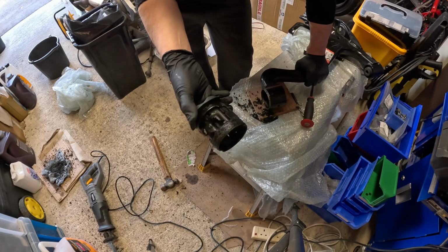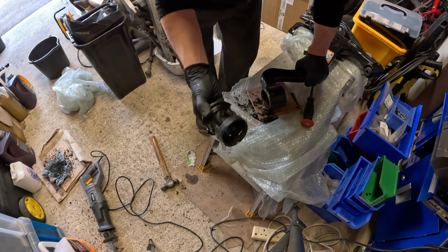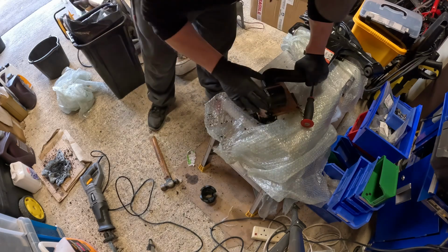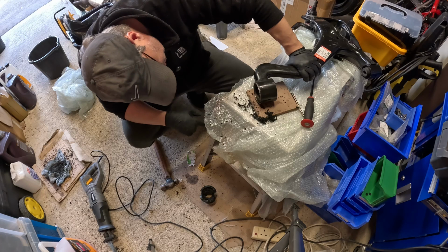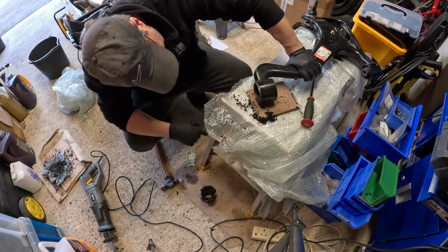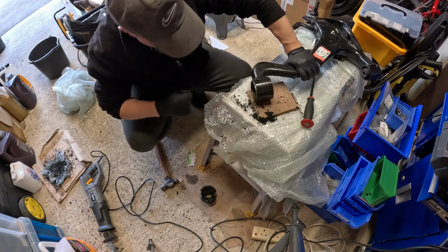So there we go, we've got the inner piece out. So that's the rubber bit out, so kind of nearly there. Just got to be careful now not to damage the inner surface of the suspension arm. So I think we're going to do this slowly,